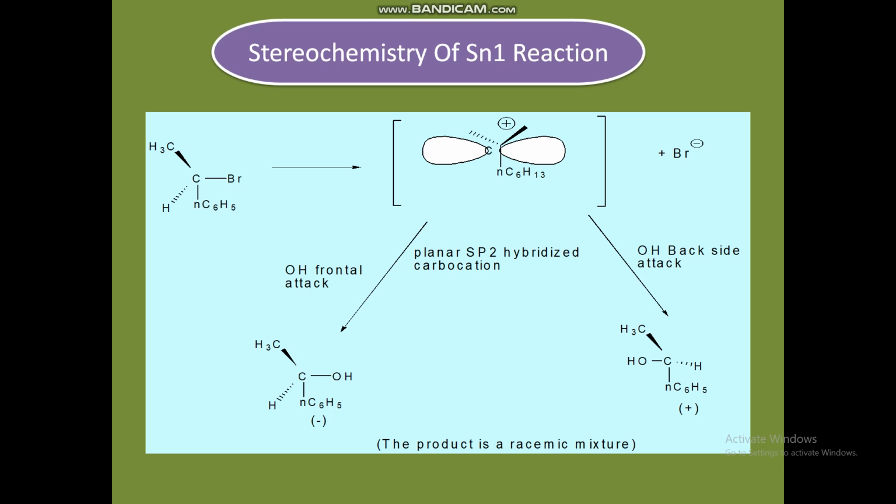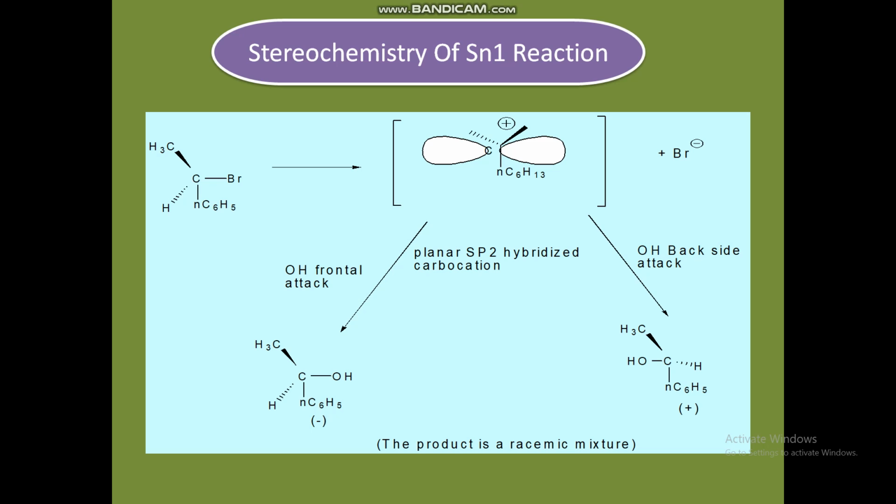The inverted isomer exceeds its enantiomer. This is because the attack by the nucleophilic reagent occurs before the departing halide ion, the bromide ion, has completely left the neighborhood of the carbocation. So, to a certain extent, the halide ion shields the front side of the carbocation from attack. As a result, backside attack is somewhat preferred. Backside attack is always preferred.